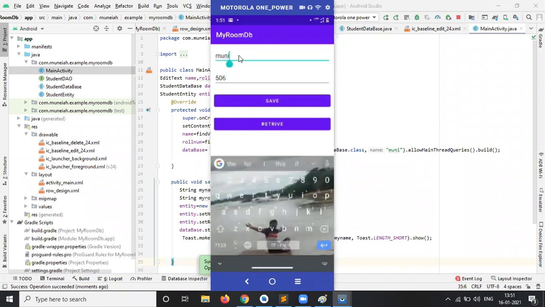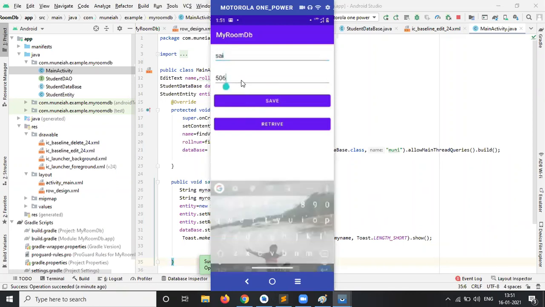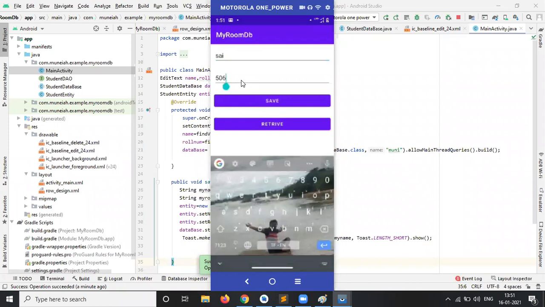Now I'm inserting one more record with a roll number, 308. Now I'm clicking the save button. It is inserted, "Save successfully Sai".